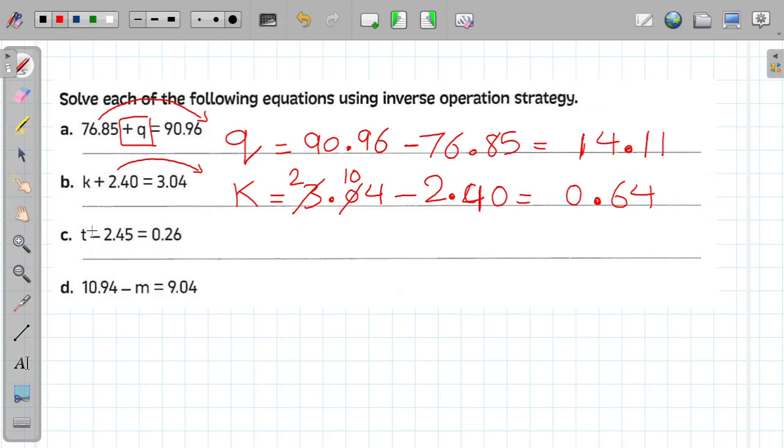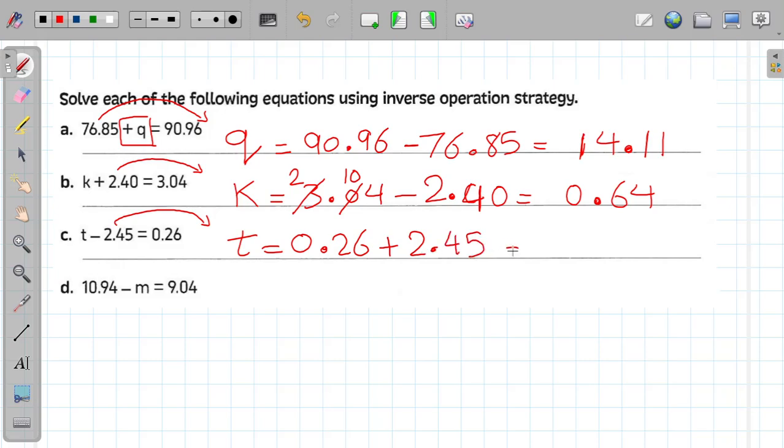Okay, so I have here T, and the next number is minus 2.45. So I will send the number to the other side with the inverse operation. Okay, so I have here subtraction, so I will send it with addition operation. So it will be T equals 0.26 plus